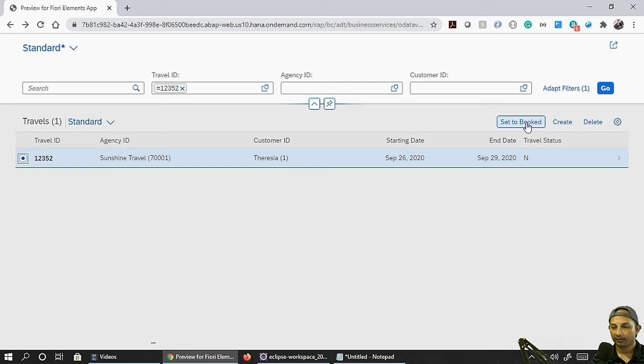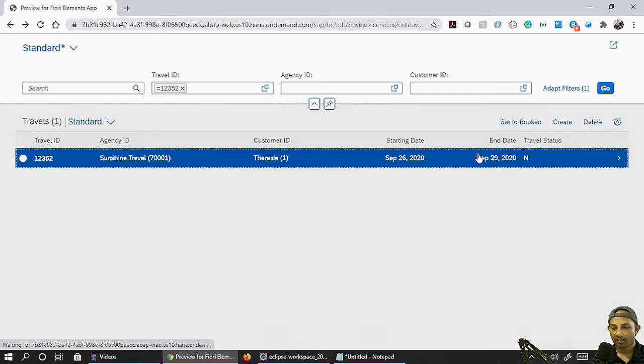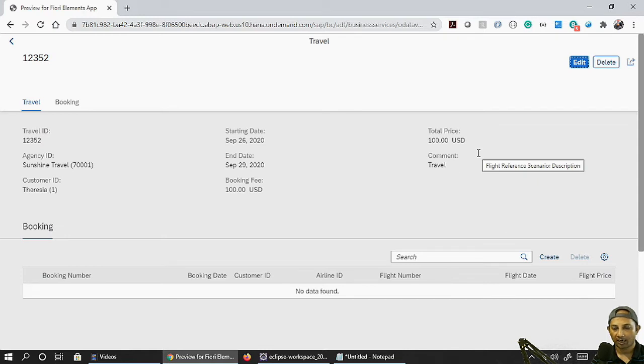Maybe the video is getting lengthy, so let's try to focus fast to add the action to this button. That is step one, and if time permits and things are not quite lengthy, we'll try to cover this visibility part, because there are two important things. One is the header level, this button should be visible. And another important and nice feature would be, once the booking is complete, I'll not allow the user to create any more booking records over here. So that means this create button will also be disabled. That's pretty much the next thing that I'm going to cover.